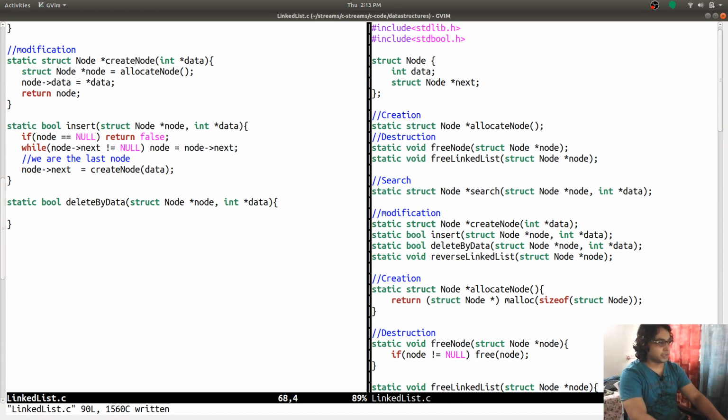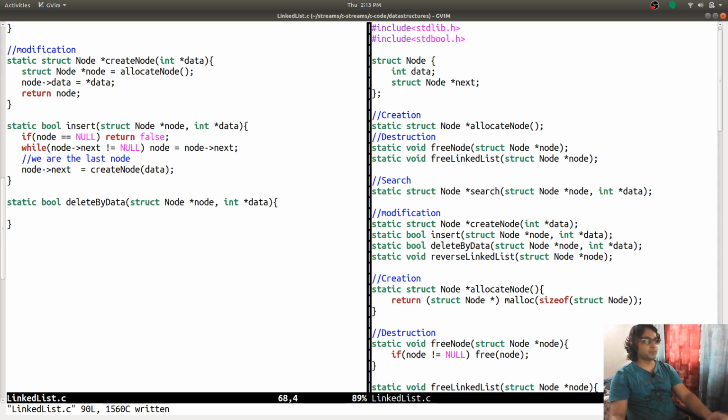In delete by data we are going to find the node which has that value, and then we are going to delete it. We cannot use the search function over here because we also need to modify the links between the nodes.